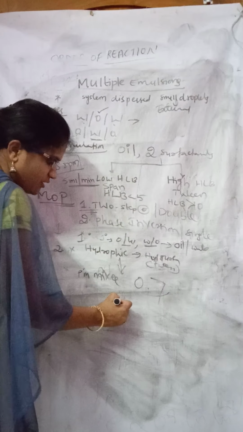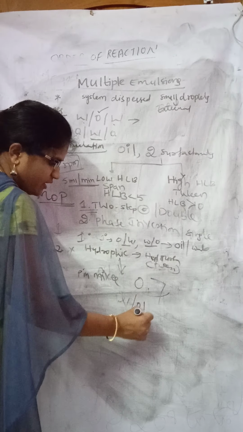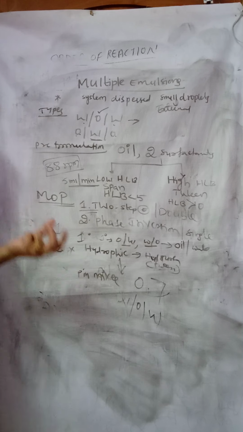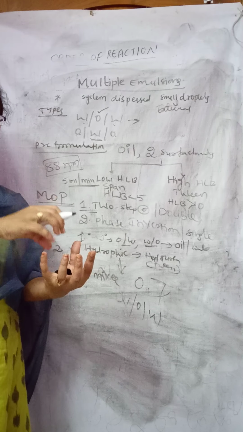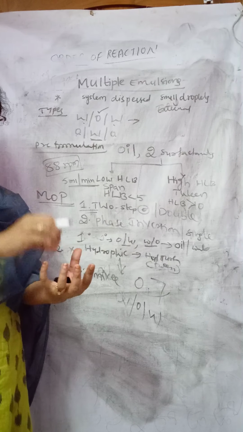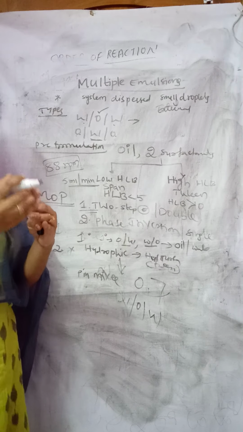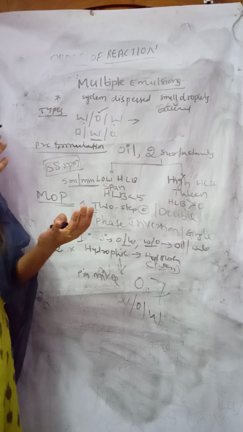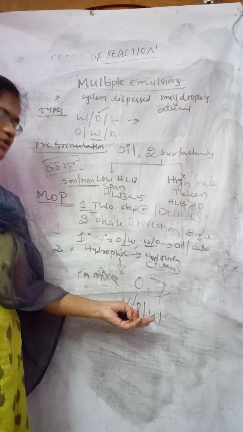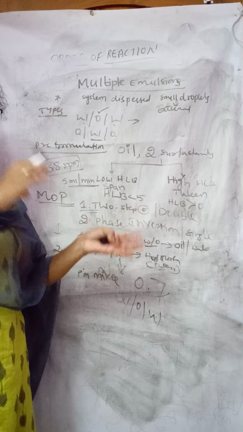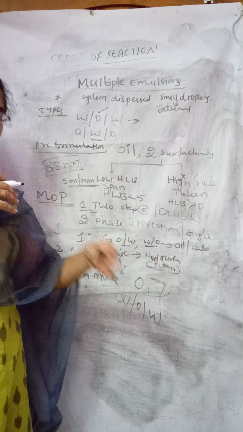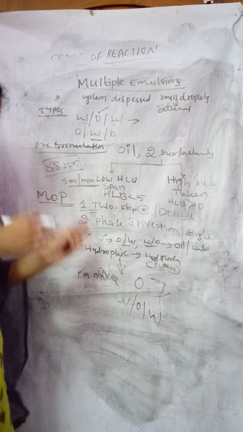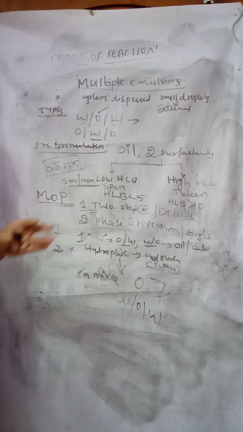So here you will get water in oil in water. How? First you have taken oil and you are adding the hydrophilic surfactant into that as globules, which is nothing but water in oil, right? Then you add an excess amount of aqueous phase, so the water in oil primary emulsion is again surrounded by the external phase, that is water, so it is a water in oil in water type multiple emulsion.